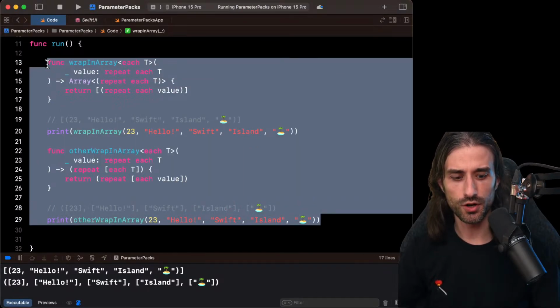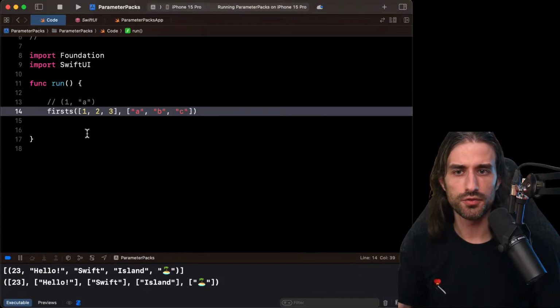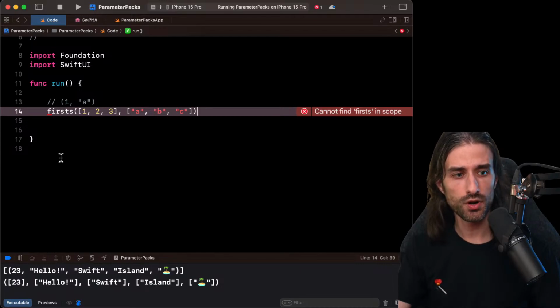So let me remove the code so that we have a clean slate. This time, I want to implement a function called first, and what it does is that it takes an arbitrary number of collections and it returns a tuple whose members contain the first element of each of the collections.